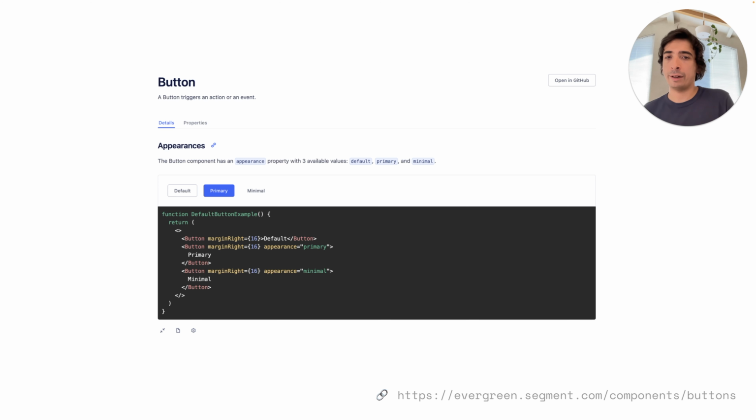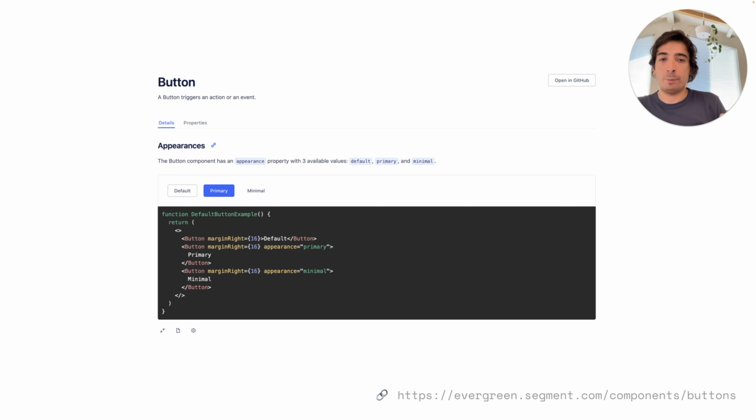This sample code tells me how to instantiate one of these buttons in code, the most critical thing being the name of the component in the code base. Also, there's an open in GitHub button on the top right, and this way, a developer looking at this immediately knows where this component lives in the code base. This is great. But obviously the problem is this documentation, these code snippets, everything needs to be maintained manually.